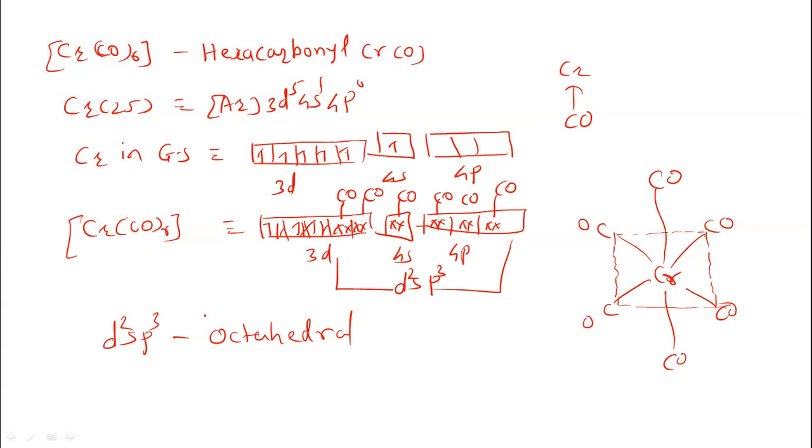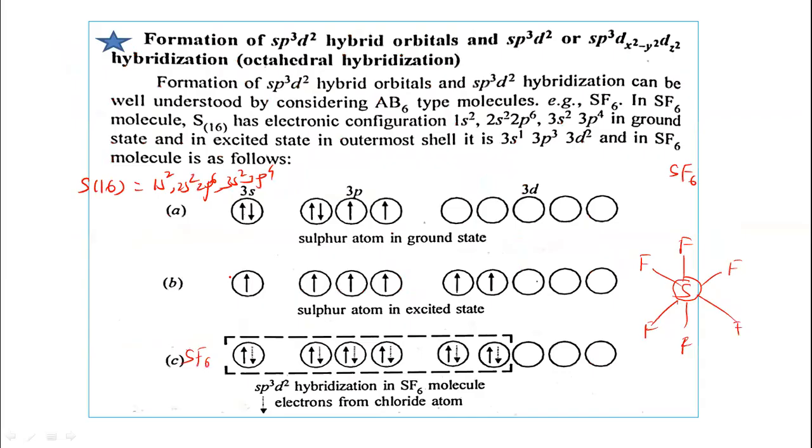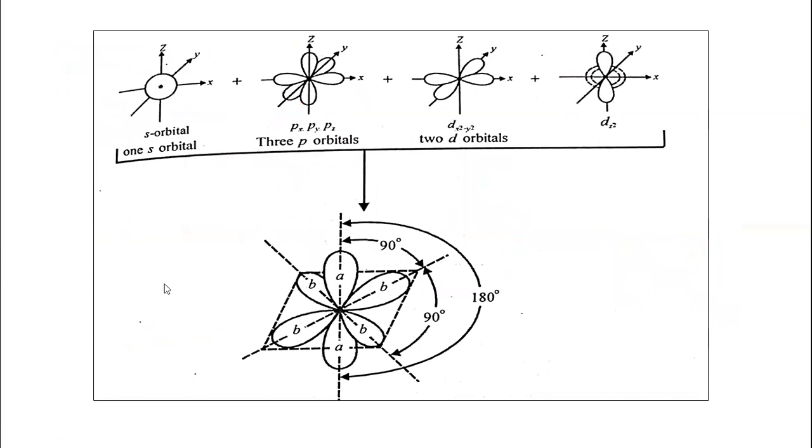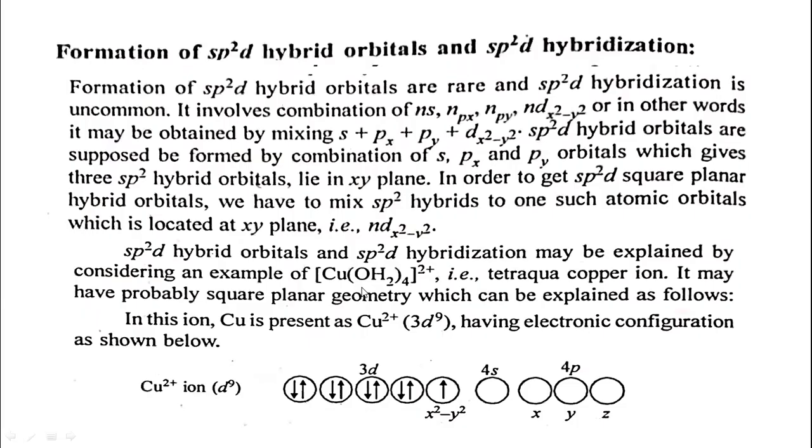Let us explain another type of hybridization. Let us proceed further now. You can see, this diagram belongs to sp3d2 hybridization. This is the axial position, the trans position, and this is at the corner of the square. So these are sp3d2 or d2sp3 hybrid orbitals. 6 hybrid orbitals are formed here, from a combination of s orbital, 3 p orbitals and 2 d orbitals, and they have identical or equivalent energy.